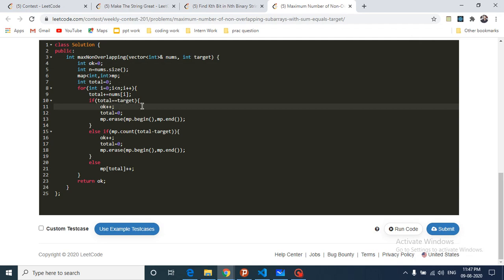You clear everything which you have pre-computed backwards and start afresh from this ith point. So you delete everything, total becomes 0, and erase the map too. Also you can check if the map has a count of total minus target, meaning you have seen it before. If you have seen this, then a subarray exists which has a total sum equal to target.